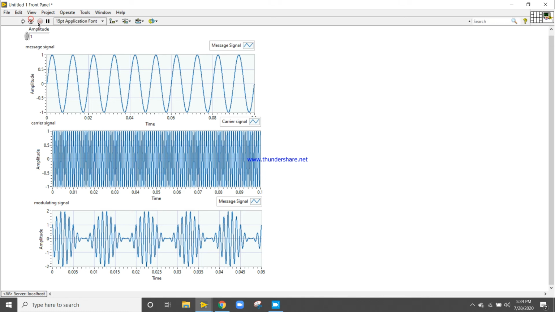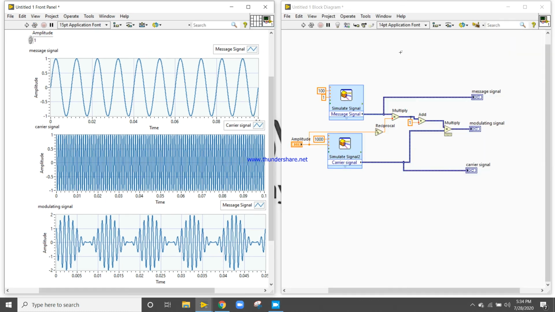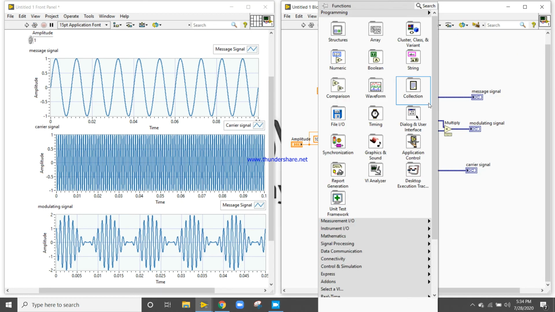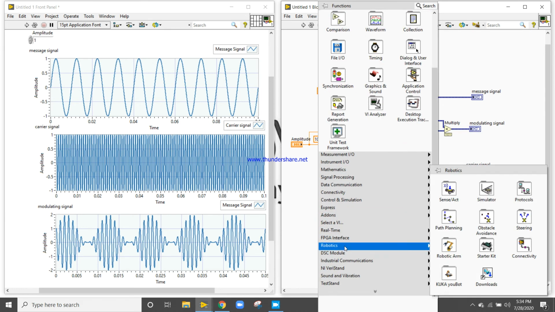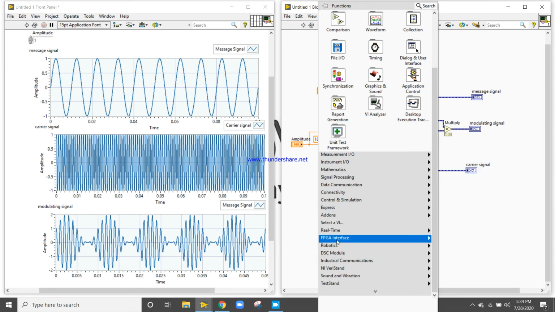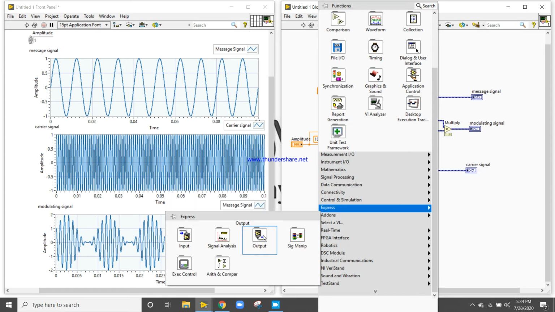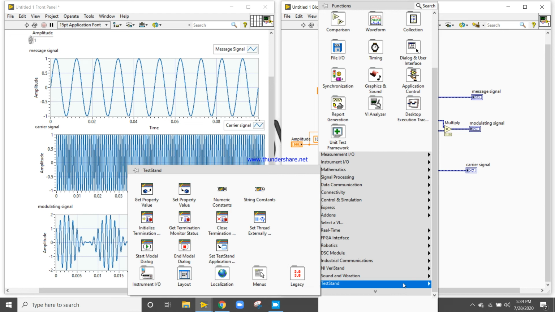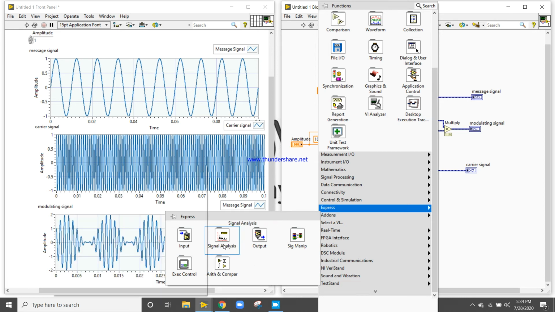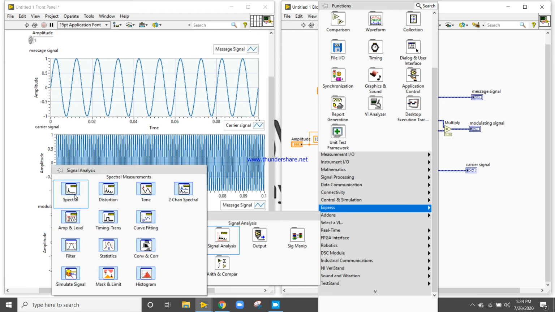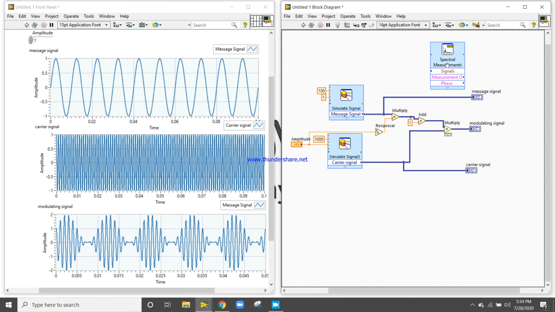Let's try to find the spectrum density. Right click here, come into the Express VI, signal analysis, spectrum. Take the spectrum here.